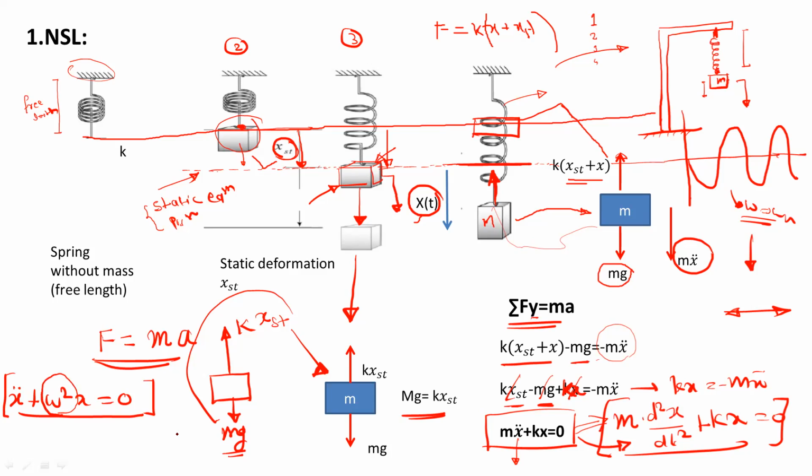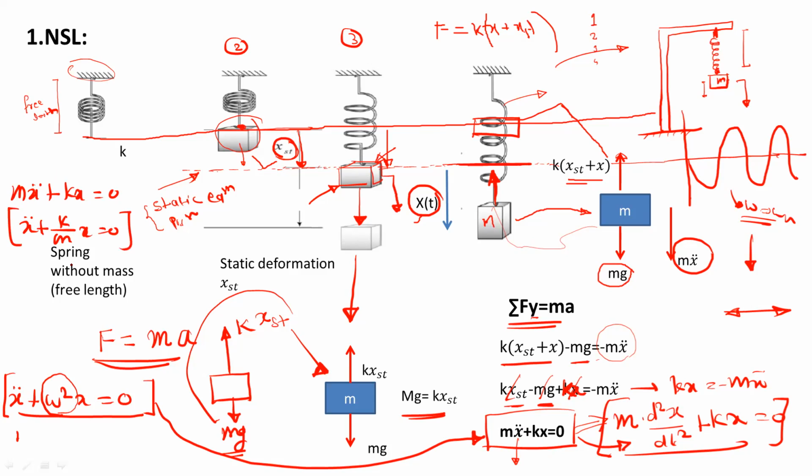So now compare this equation with this equation. This is similar to this equation, just we need to rearrange the terms. So I will write that equation. Just write m x double dot plus kx is equal to 0. So this is x double dot plus k by m into x is equal to 0. Now compare this equation with this equation. We have the same terms. This is x double dot, this is x is equal to 0. So this omega square is nothing but this value. Therefore we get omega square is equal to k by m.